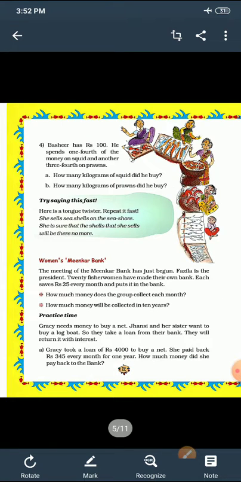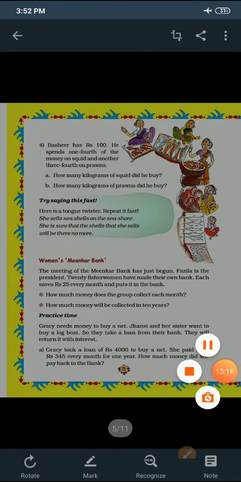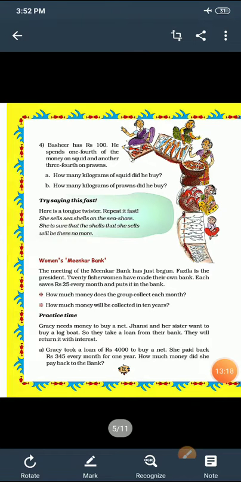Now the question is, Basir has 100 rupees. Basir is having how many rupees? 100 rupees he has. He spent 1/4 of the money on squid and the other 3/4 on prawns. So he has divided his money into two groups. 1/4 of that, 100 rupees means